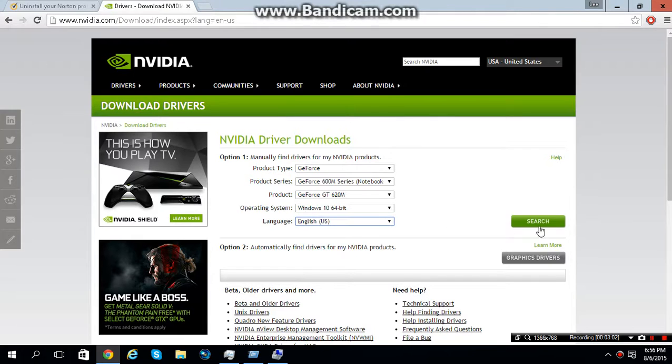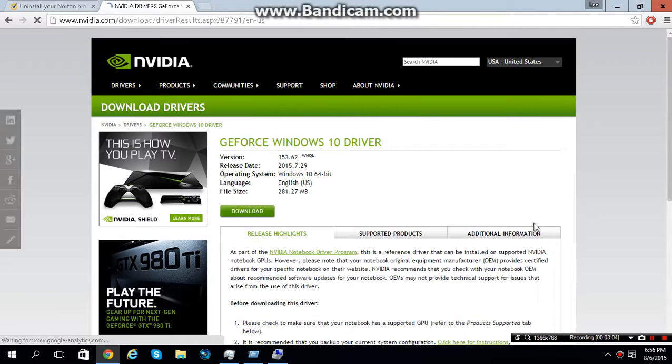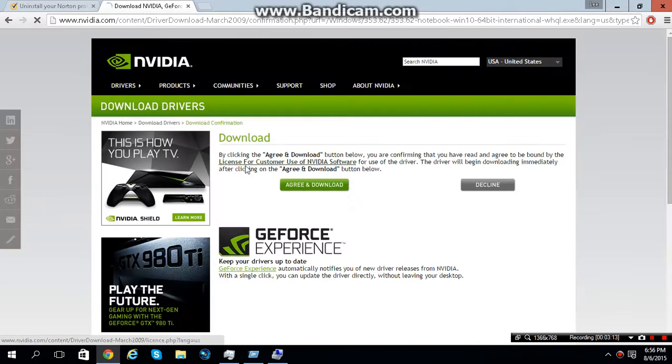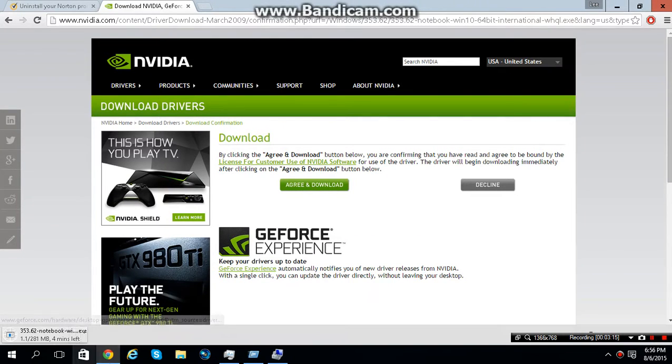Make sure these are all correct, because if one of them is wrong, it's not gonna work. It's just gonna waste your time. So 353.62, that's the new one. It's for Windows 10. You have to install that. So once you download it, I'm not gonna actually run it. I'll download it. Agree and download. This should just take a while. I'm just gonna pause it. Once it's done downloading,